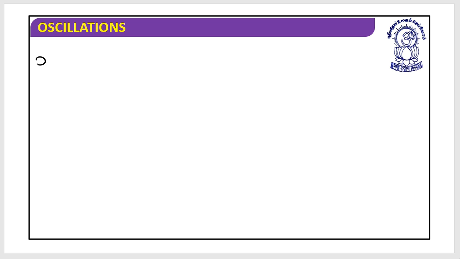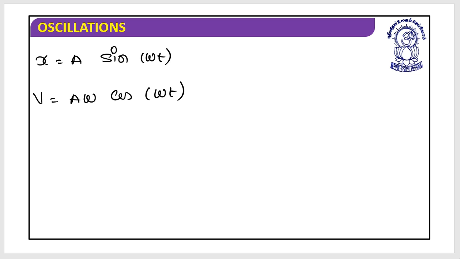We have the relations x = A sin ωt, v = Aω cos ωt, and a = −Aω² sin ωt. These are the relations when we start our motion from the mean position, and this was the situation. Now let's suppose